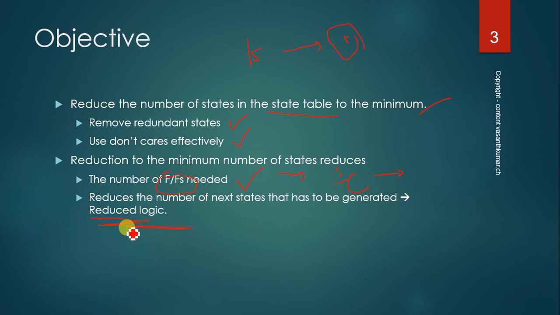That means for a given set of inputs your logic will be limited or reduced to the maximum possible. Logic will work as per the maximum possibility, but your logic content will be reduced, just like efficiently answering a question. Okay, rather than writing 10 to 15 paragraphs, if you efficiently write one paragraph, that would be more than sufficient. It is something like that. So it is like reduction of logic using the number of next states. Okay, number of next states, that is the n plus 1 state, right?